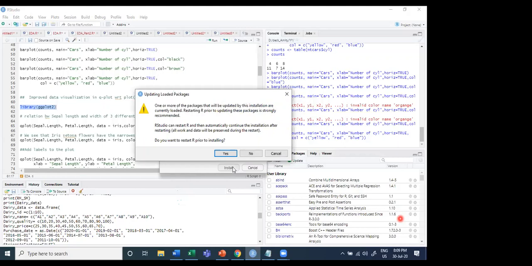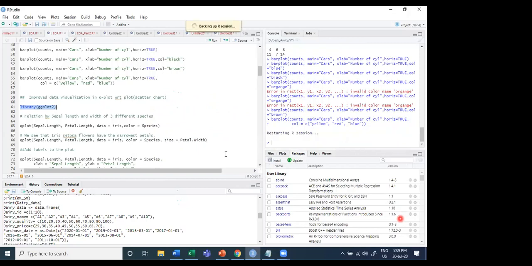Here you press the button, and if the library is already installed, it will open this window and say one or more of the packages that will be updated by installation are currently loaded. Restarting R prior to updating these packages is strongly recommended. So say yes. So our system will update your package. Any update that comes into the system will be handled by this.